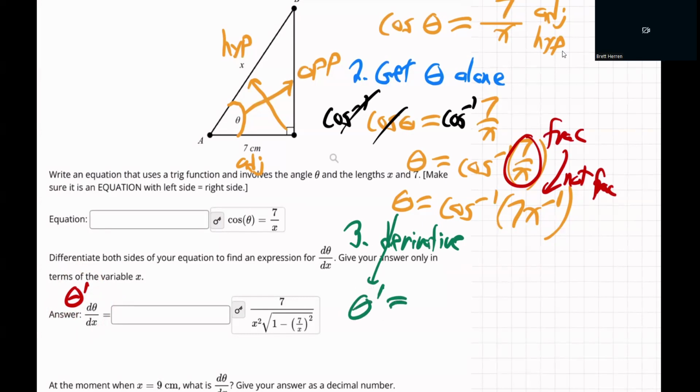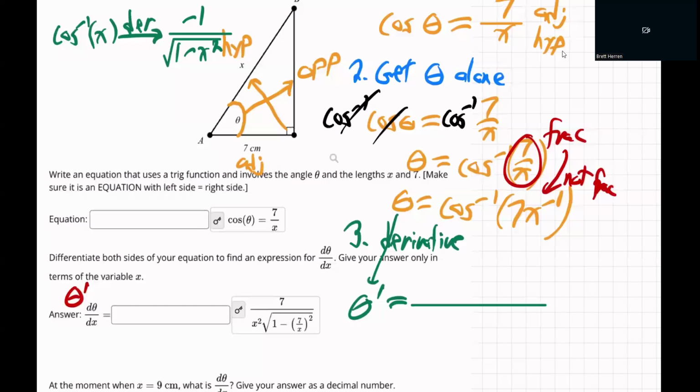Now, what's the derivative of cosine inverse? Do you know that? So let me put it up here. If we have cosine inverse of x, the derivative is -1 over the square root of 1 minus x squared. So put that in your notes. So there it is. So I'm going to bring it on down here. I'm going to go -1 over